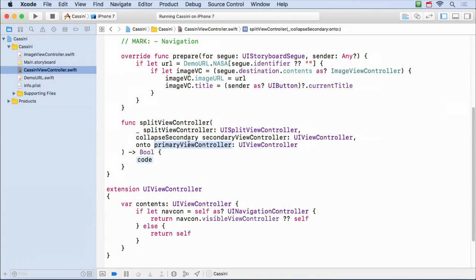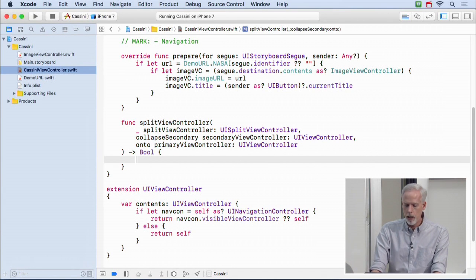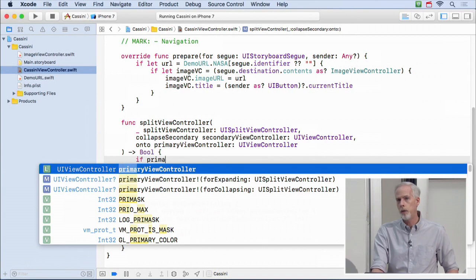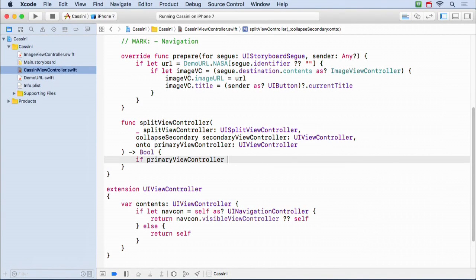A blank detail gets put on top of the master, and we don't want that. But we only don't want that if that detail is blank. So I'm going to go here and say if the primary view controller is myself, because if the primary view controller is not myself, then things have gone weird here, but it should be. So I'm going to say if the primary view controller contents, because I might be in a navigation controller, equals myself.